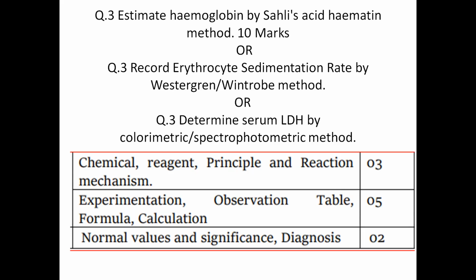Now for the first and third options, for knowing the chemical reagent, principle and reaction mechanism, you have 3 marks; experimentation, observation table, formula, calculation, 5 marks; normal value and significance, as well as diagnosis. Means if this particular thing is present, what does it diagnose? It is diagnosis of what? Disease. So that you should know